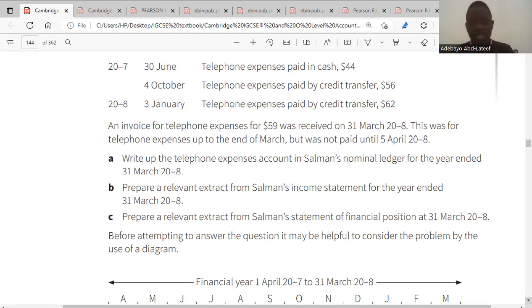For the telephone expenses account, you add all these transactions together, 44, 56, and 62. You add it together with the other expense, which is 59. In total, you take away 59. 59 will be our balance carried down for the month of March, which will be carried forward to the 1st of April. So that's all about accrued expenses. Your accrued expenses will round up to be other payables. Now we go to